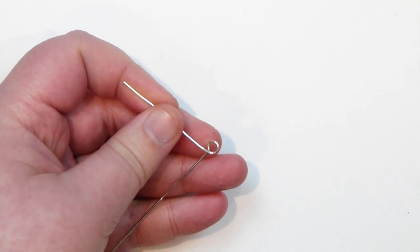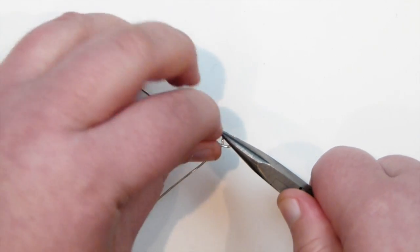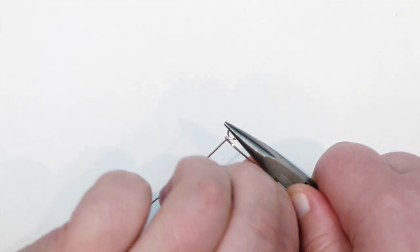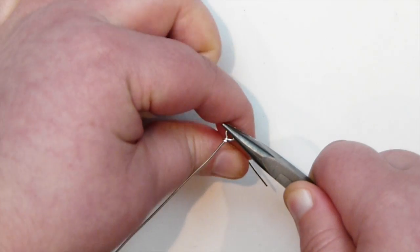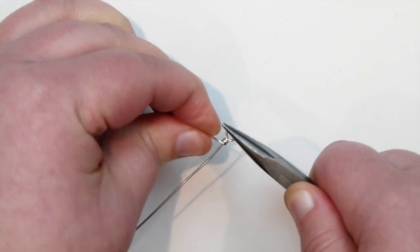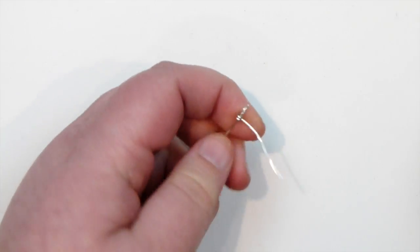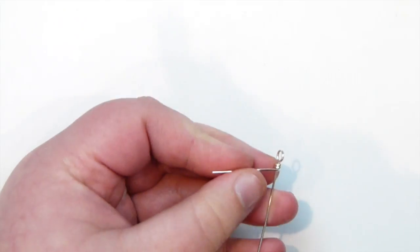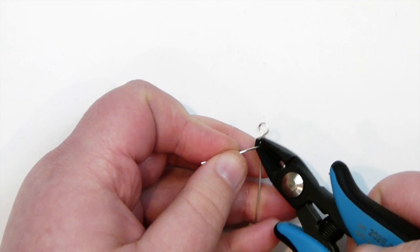And then I go back to my chain nose pliers and place them on that loop nice and firmly so it doesn't get distorted now, because what we're going to do is wrap the end here around the center wire just a few times. I like to do it about 3 times, so something like this, and make sure your wraps are as nice and tight as they can be. And then we need to get our cutters. I'm using my flush cutters. Cut that down,